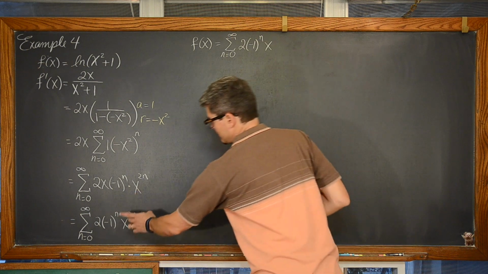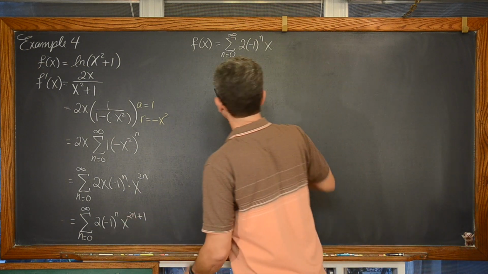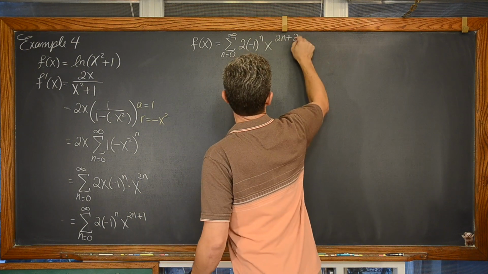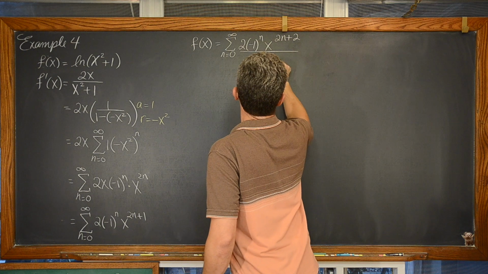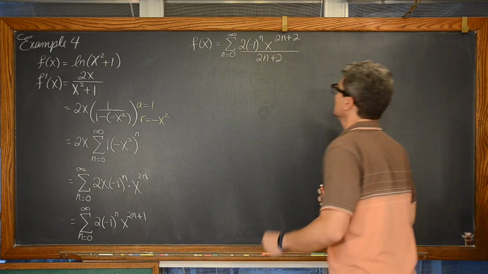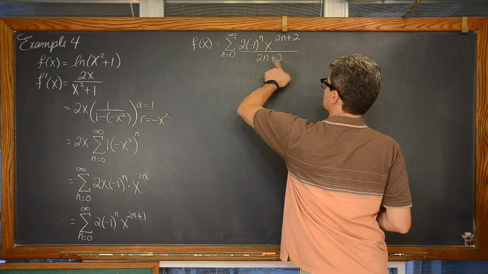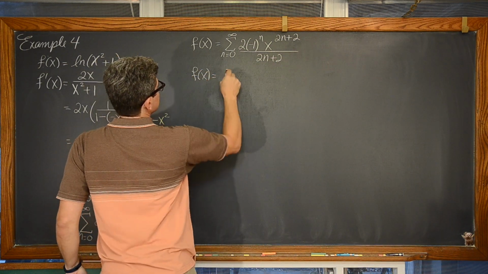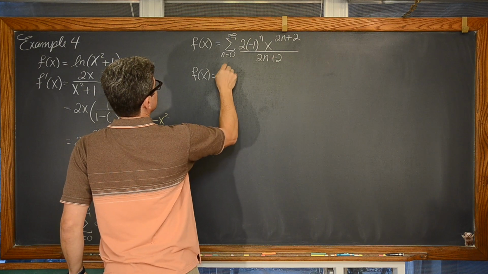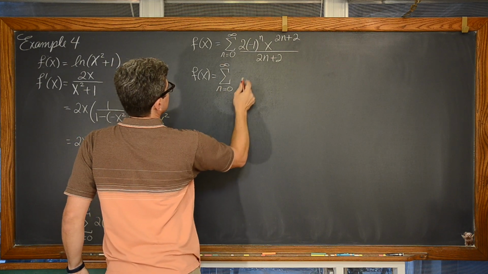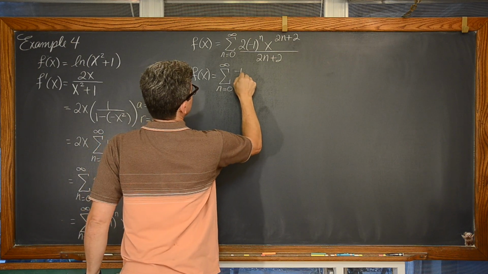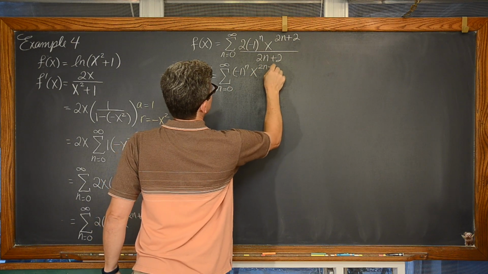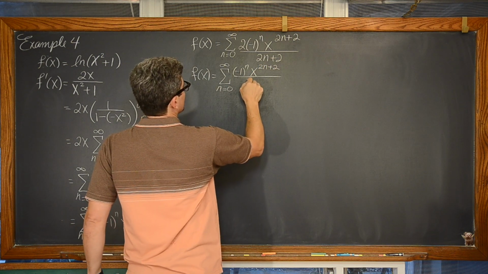Now we're going to simply take this power, increase it by 1, and then divide. So 1 plus 1 is 2. Now we're going to divide by 2n plus 2. I should have made my sigma notation a little bit bigger. We can do a little bit of cancellation here and say that f of x is equal to the summation, sigma, n from 0 to infinity of negative 1 to the n power times x to the 2n plus 2 over